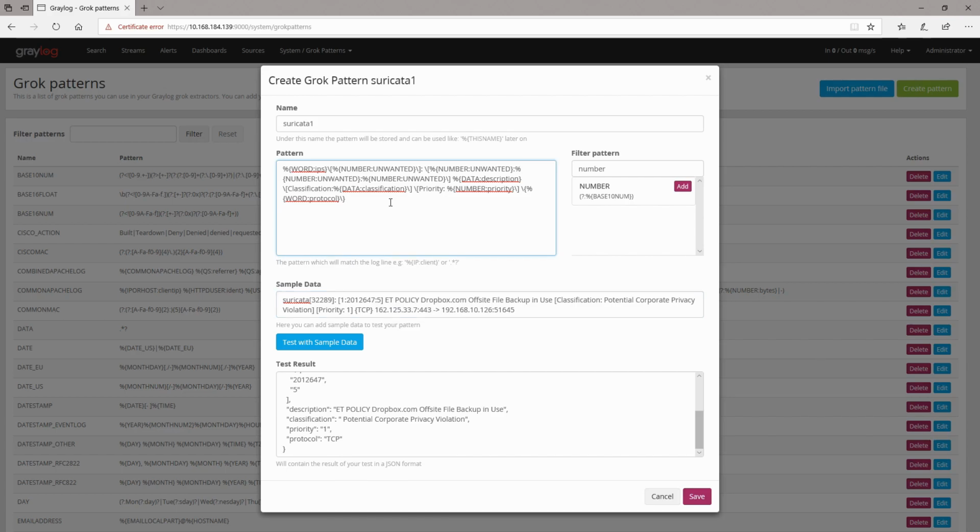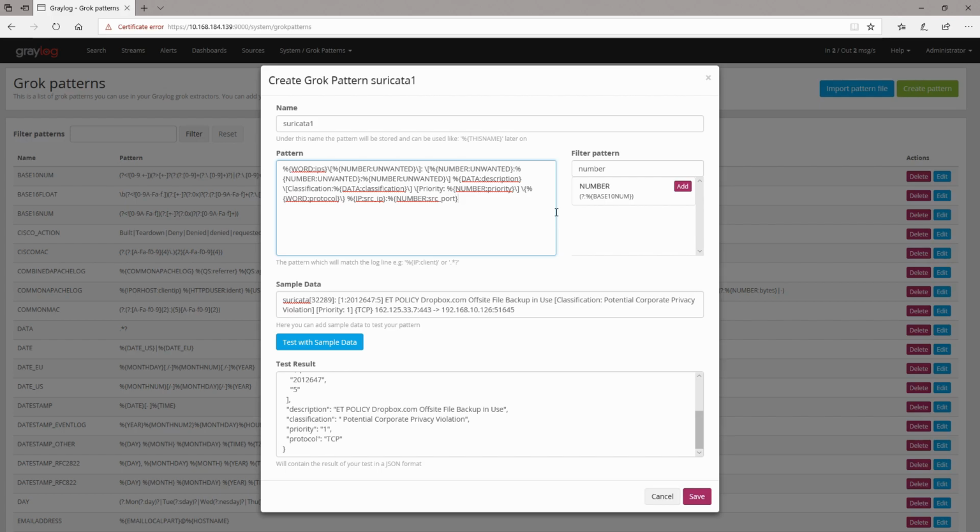So I'm gonna do %, and then I'm gonna put those curly brackets and say IP colon source IP, src underscore IP, then followed by colon, and right now the port number. And let's do it like this. Let's copy, and right now we will modify it and say source port,